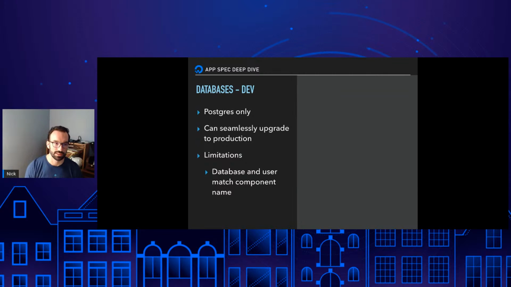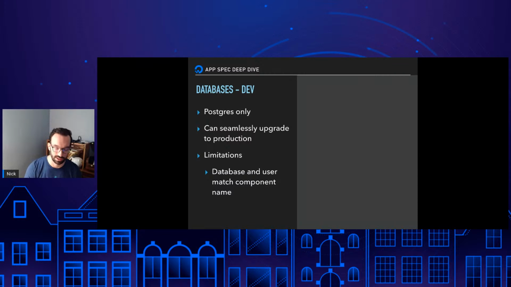So databases we also talked about. There's really two different flavors of databases on App Platform, and we call them either dev or production databases. So a dev database is a really special database that you can define on the App Platform only, and it's a really small, cheap, limited database that you can launch without actually having to do any management in the DigitalOcean